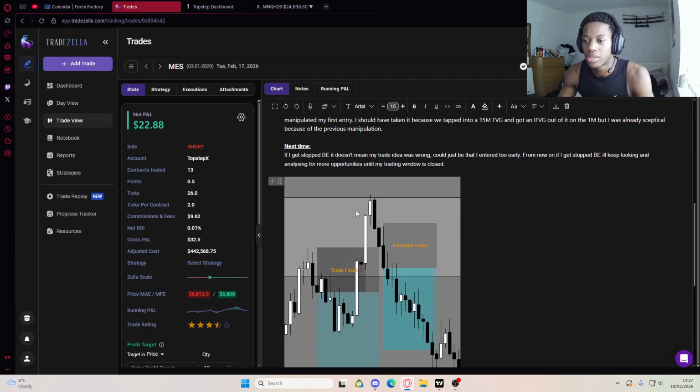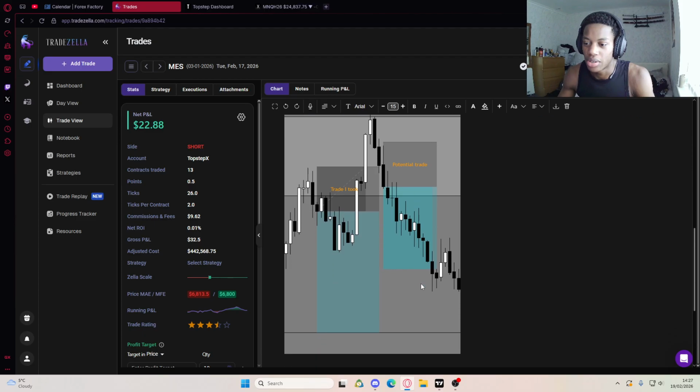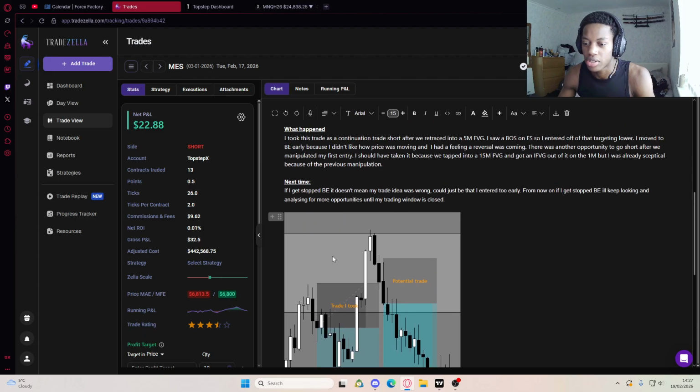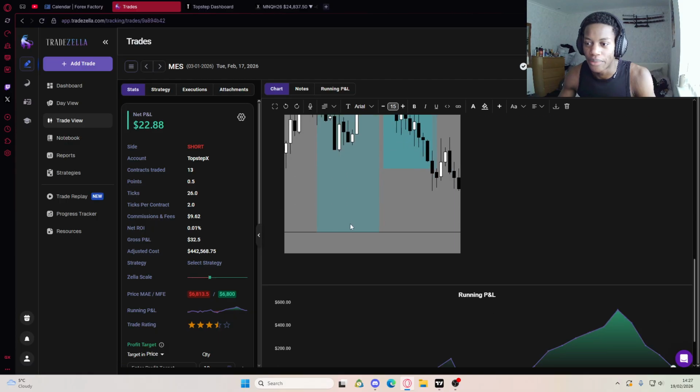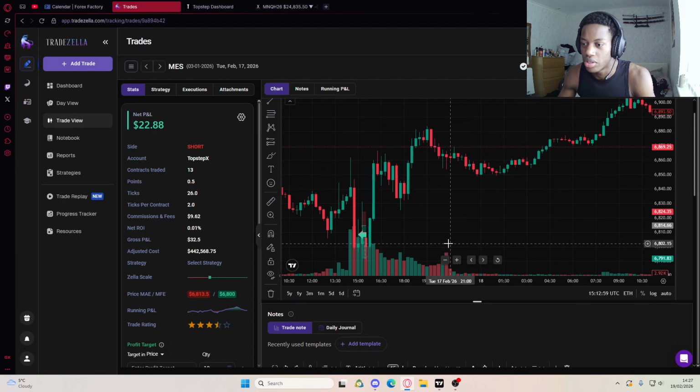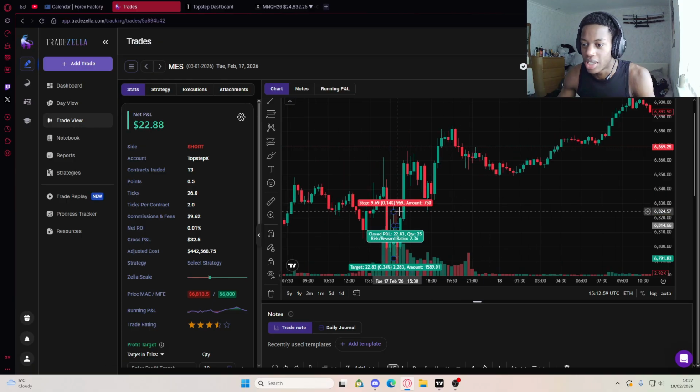Got stopped out, and I was still short. We retraced up here, and we were making a move down. I don't know why I didn't take the trade. I should have taken it because that would have been a nice little 1 to 2, something like that. But yeah, it's good to know. You can put notes here and you can look back on them. And it shows you exactly when you executed it too, bro.